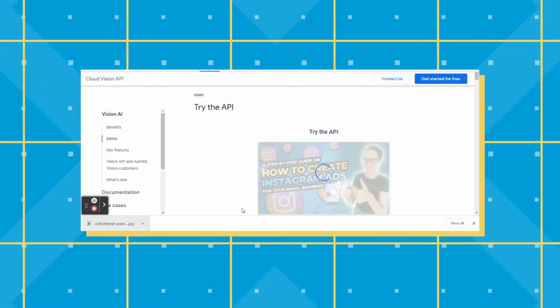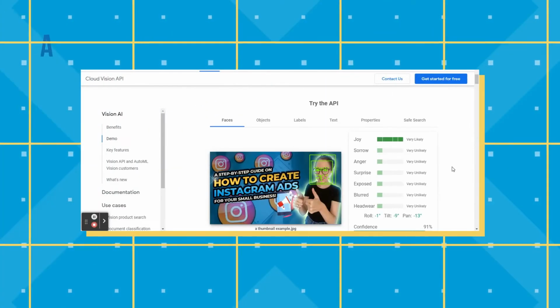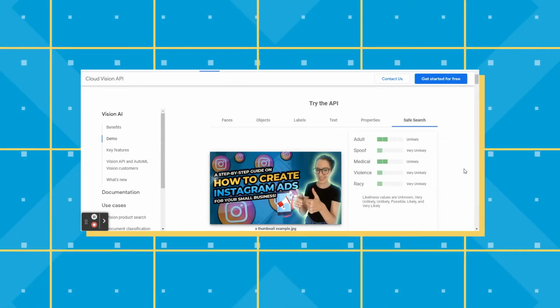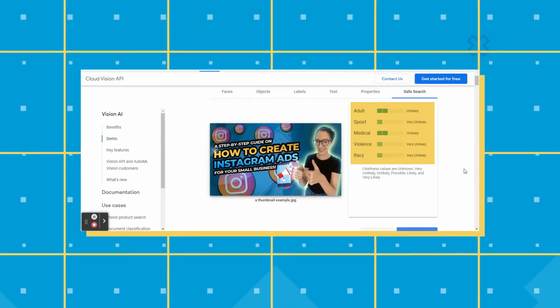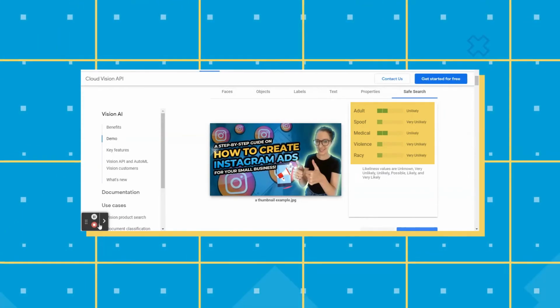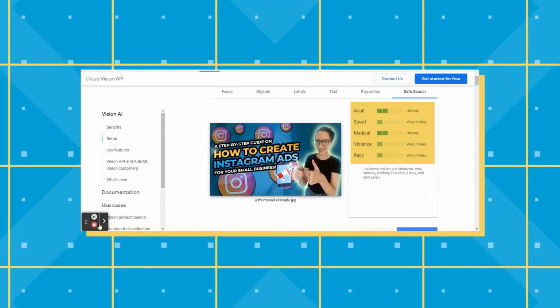Another thing we do with our thumbnails is we actually run them through Google's Cloud Vision AI tool to ensure that we get all the green marks on the safe search component from YouTube's parent company. If there's anything adult, racy, violent, etc. that Google picks up on from your thumbnail, it's likely to reduce your reach and ability to rank higher on